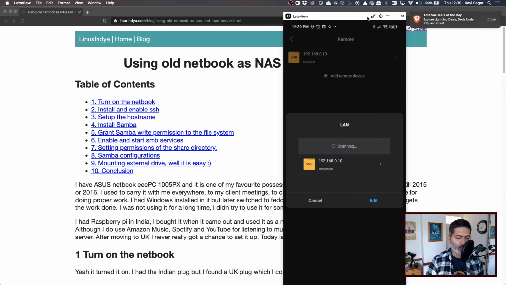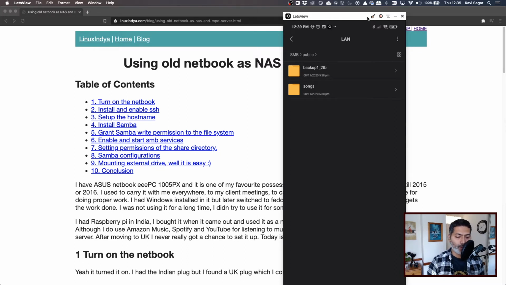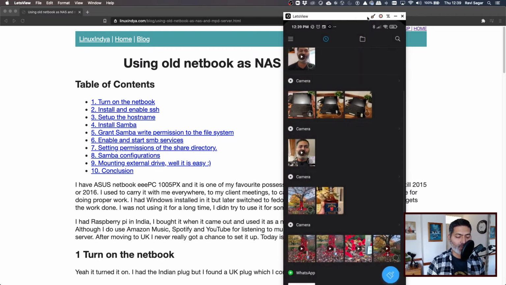So now it has found this share on my IP address, which is the IP address of the netbook. Now I already have this configured, so if I click on it, it will simply open the files. So that is it. So you have the files here, and to copy a file, all you have to do, let us say if I make a video and I have to make sure that I am copying those files